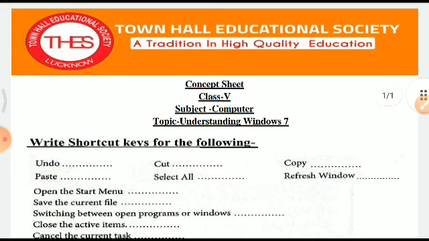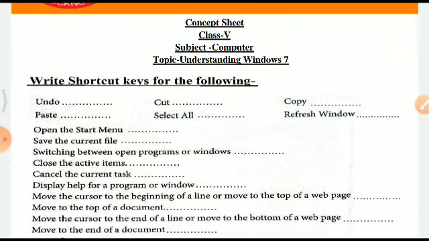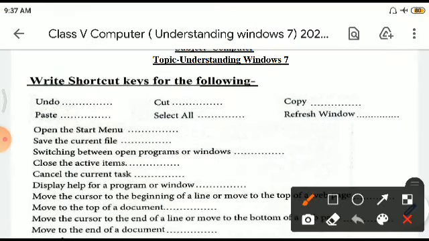Now, there are some shortcut keys. Shortcut keys are meant to execute certain functions which require lots of steps. So to save time, there are some shortcut keys that, by pressing them directly, that function occurs. So it's time that we all should be well aware of these shortcut keys as they save a lot of time. Now the first one here is undo.